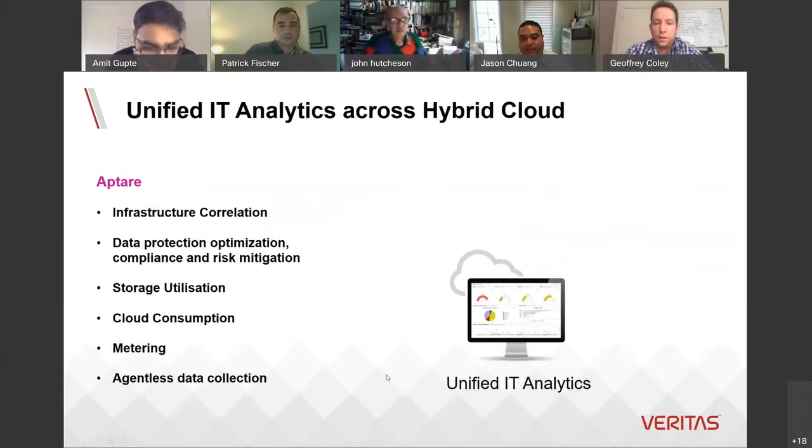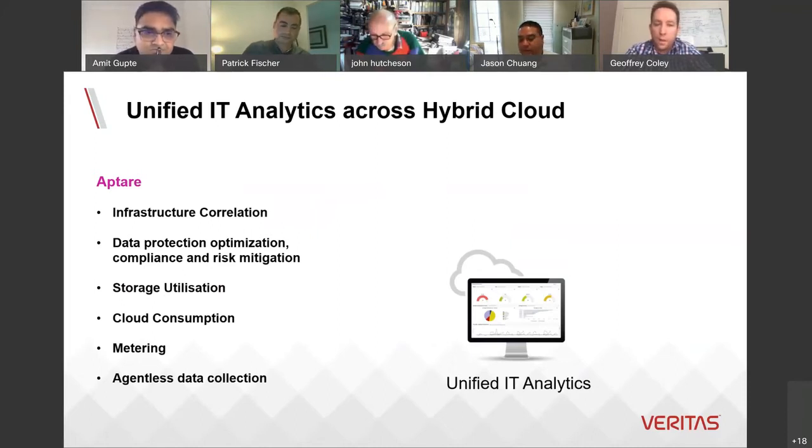And lastly, pulling it all together, especially at the core and the cloud, we do also have our Aptare toolset, which enables unified IT analytics across hybrid cloud configurations. It's an agentless data collection, so it's fairly light touch to get it up and running. It goes out there, scans your infrastructure, cloud consumption, cloud infrastructure, on-premise storage and compute, and starts to correlate that.